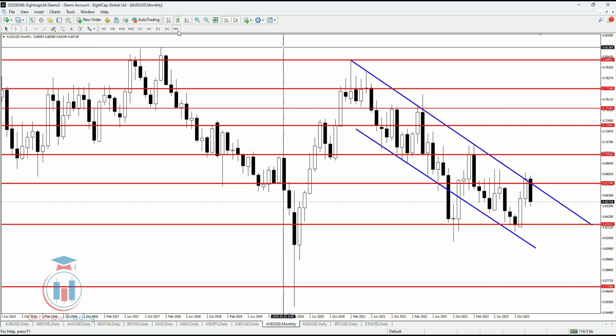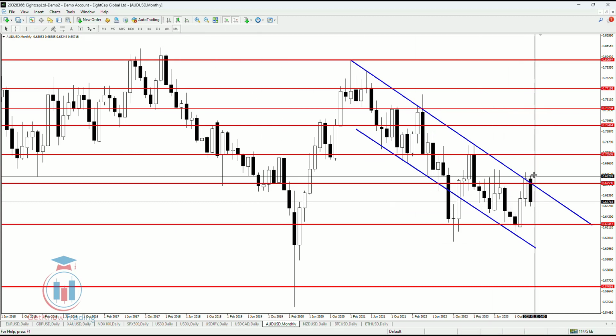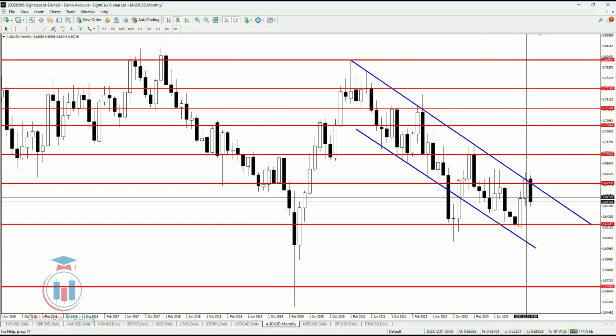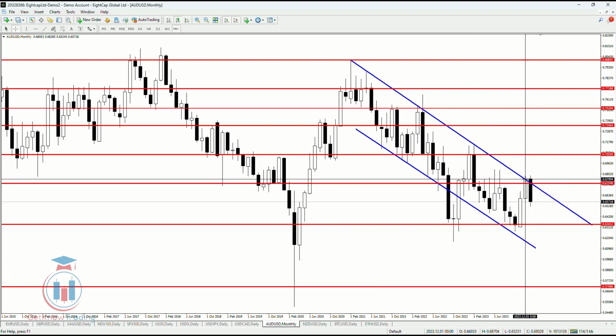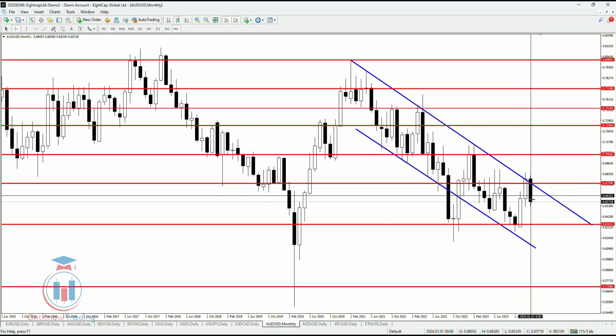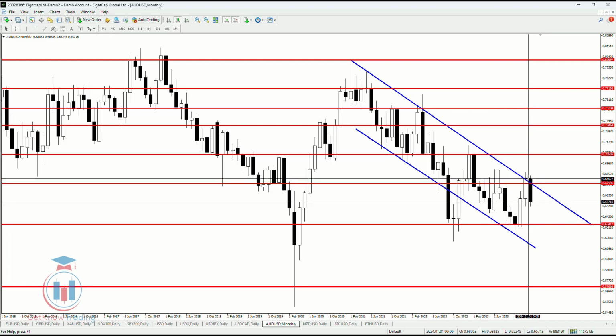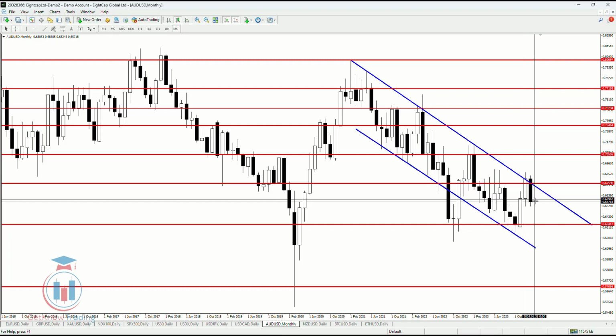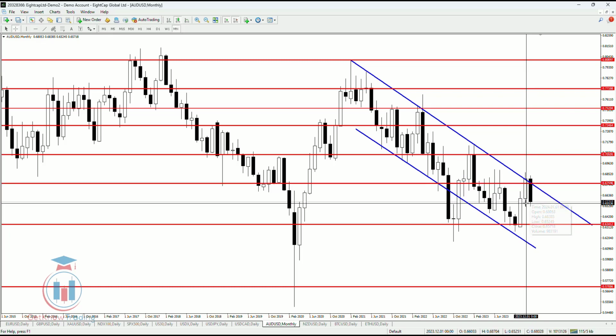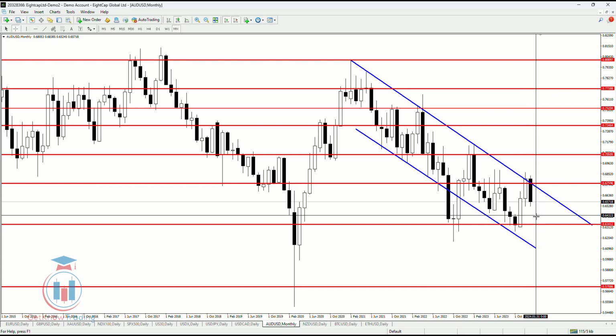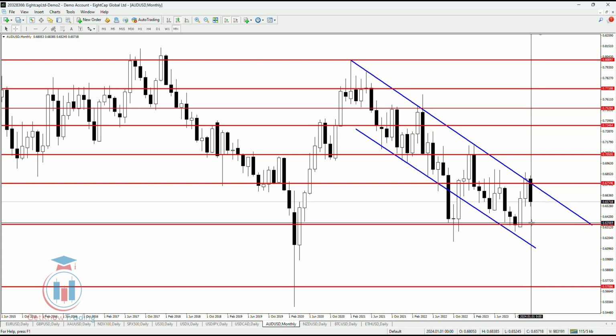Now if we go to the monthly time frame, we can see that after the price made a breakout to the bullish side in the previous month, trying to go outside of this downtrend channel and this confluence of resistance, the price did not validate this bullish breakout as a valid one, but returned back down. When that happens, it is almost always suggesting that the price will try to reach the next support level, which means I'm expecting that the price will fall in value.